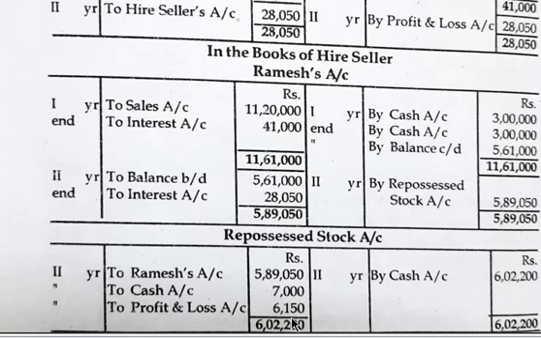So in the books of seller we have to open two accounts: one is purchaser account and the other is repossessed stock account. In the books of purchaser we have to open asset account, hire purchaser account, hire seller account, then interest account. So three accounts we have to open. First year's entry will be the same, then the same entry will repeat again and again: interest entry, installment entry, depreciation entry and transfer entry. After that, close the account. When you close the account, you close it to which account? Repossessed stock account. Then from there you have to pass one expenses entry and another sold entry.